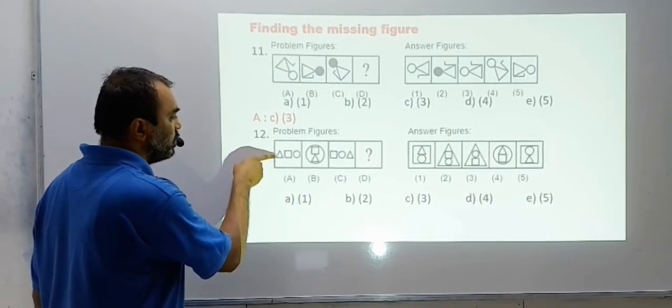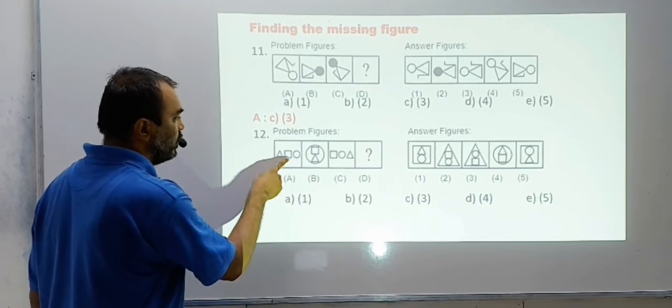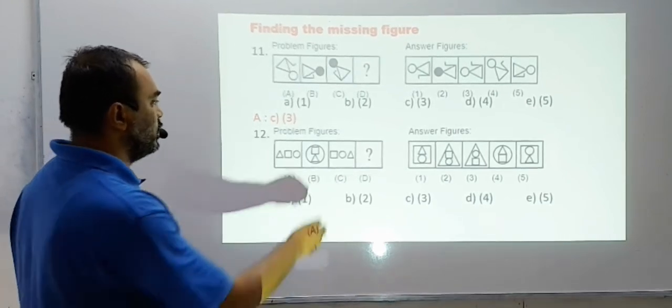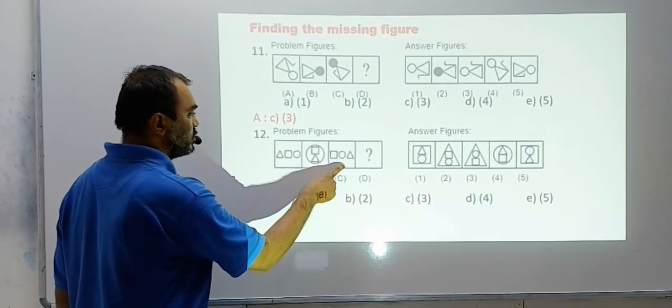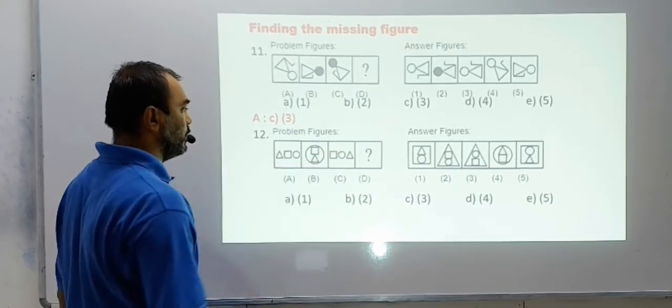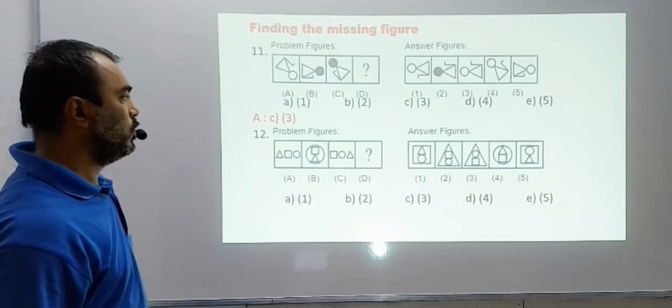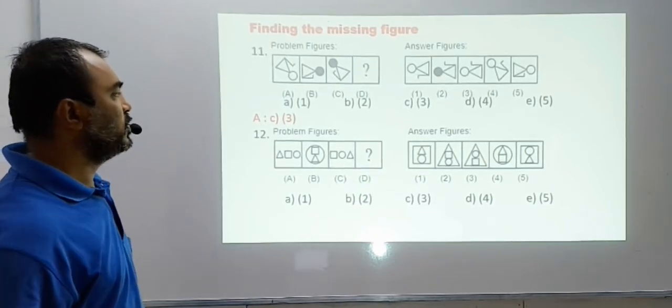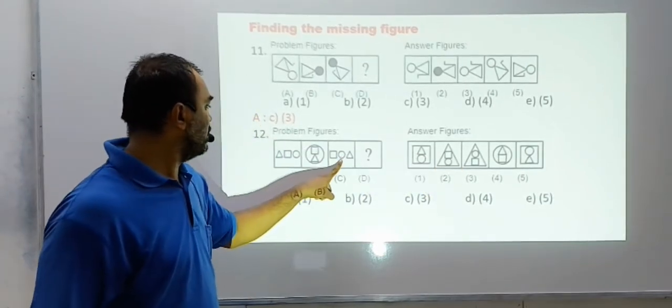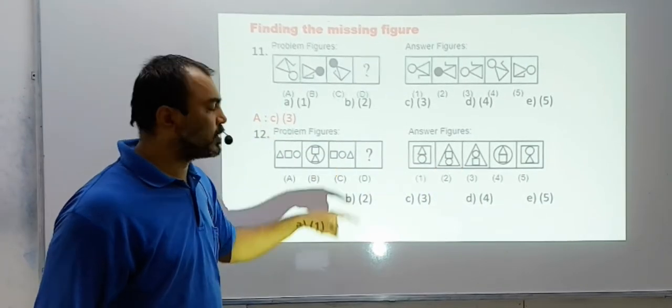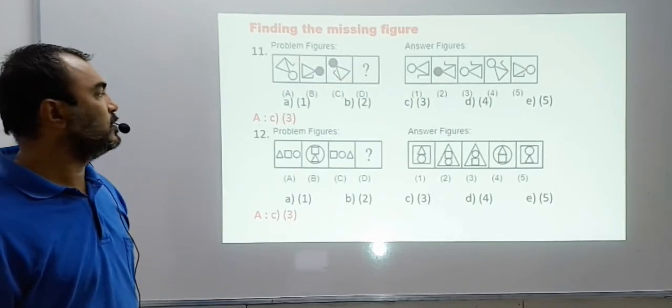Okay. Now the remaining 2 figures come inside. How? The figure on the left goes down, the figure in the middle goes up. So here the triangle becomes big, the figure in the left goes down, and the figure in the middle goes up. So what will we have? We will have option 3, right? Because the triangle has become bigger, the circle in the middle goes to the top, and the square comes below. So C3 is the answer.